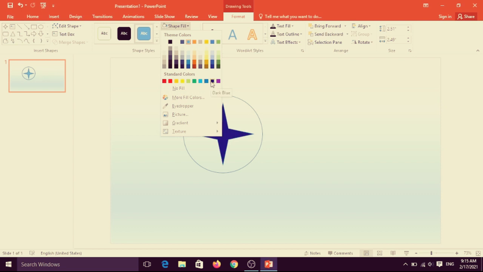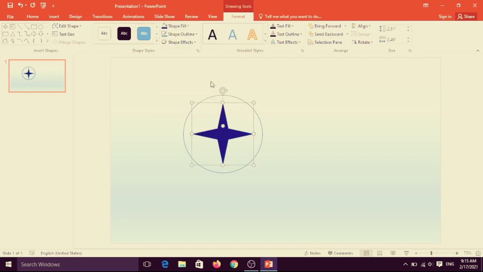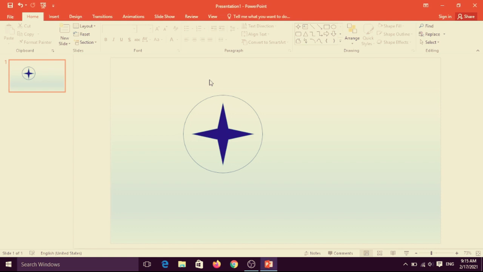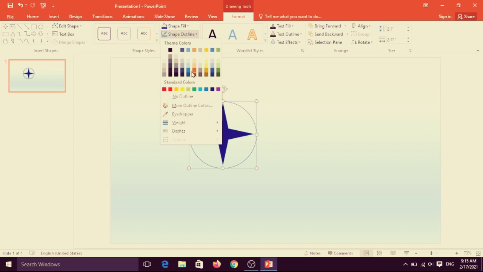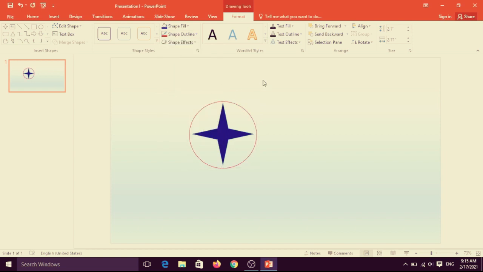Suppose I want this color, and then reduce the back side and this color will be changed. And you can also change this one to red color.